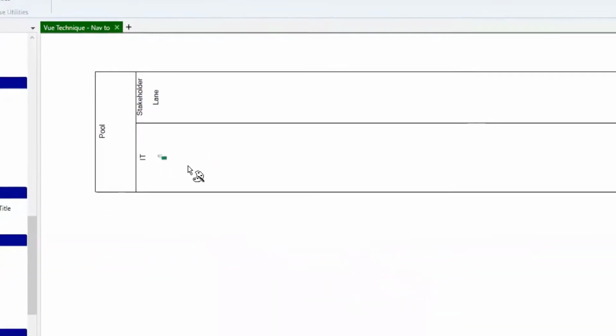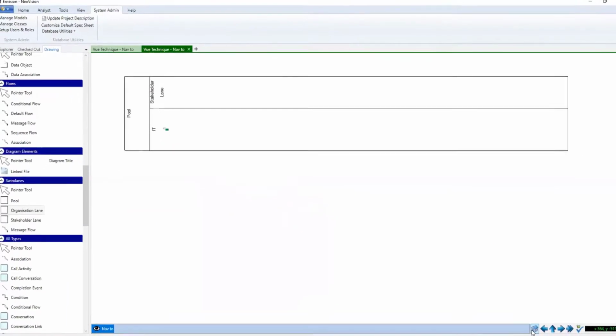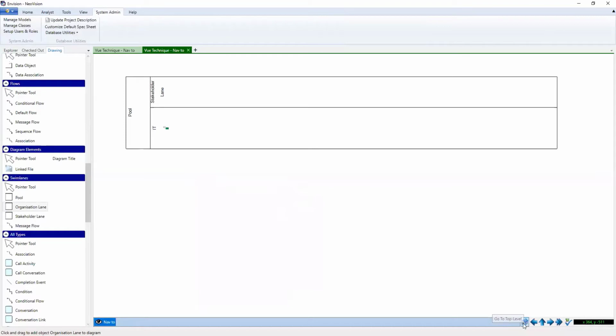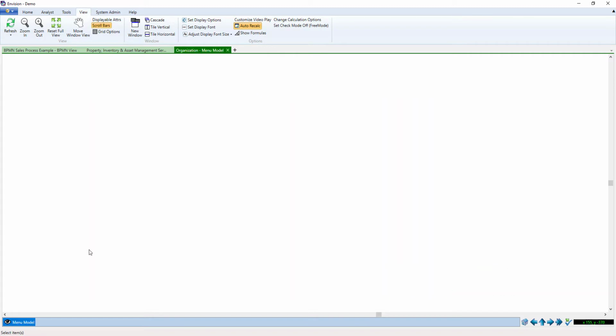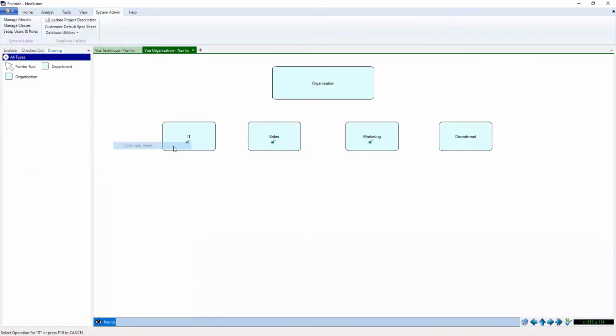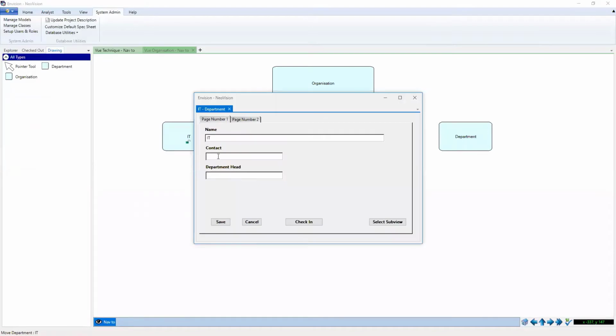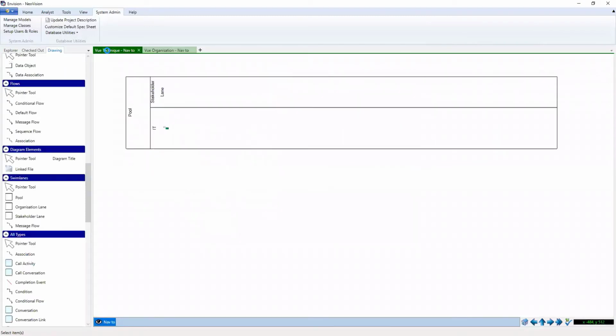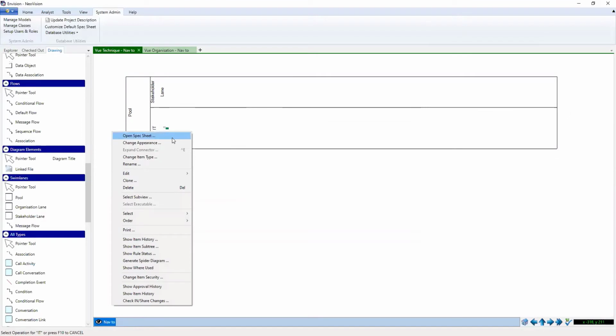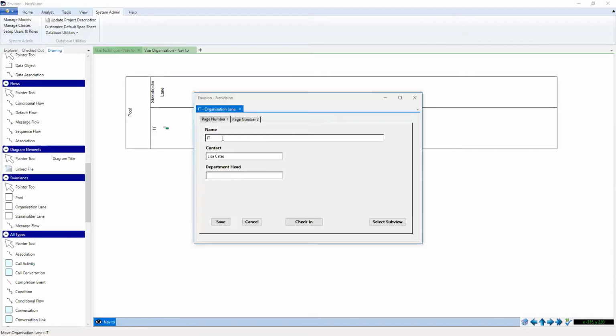They both point to that same object in the repository. One is just viewed as a lane on this diagram, and the other one is linked to our org chart, but they are the exact same object. So let's do a quick little example here. If I go into IT and I open up my spec sheet, there's that spec sheet that I created. My contact is Lisa Cates, save that. And then if I go back over to my BPMN diagram, here is my swim lane. If I right click and bring up the spec sheet on my lane, you'll see it's IT, contact Lisa Cates. It's the same object in the repository, so we have linked those two together. All right,